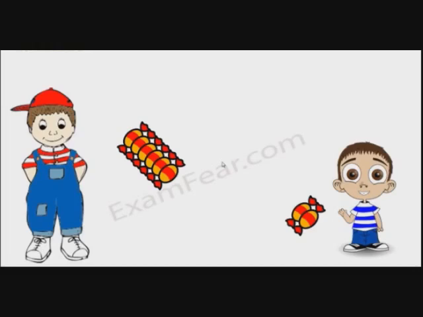Now let's say that your elder brother had some number of toffees and he gave 2 toffees to you. Initially you didn't have any toffee, but since you also wanted them, your elder brother gave you 2 toffees. Right? And now what we see is that he has 6 toffees. So presently he has 6 toffees and presently you have 2 toffees.